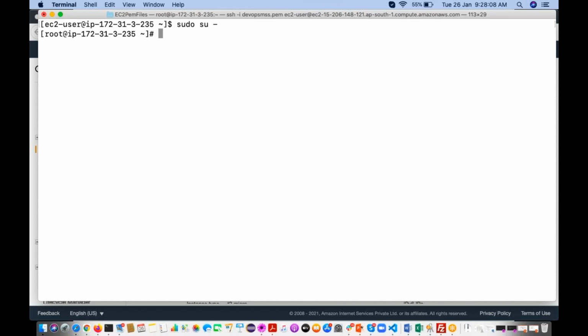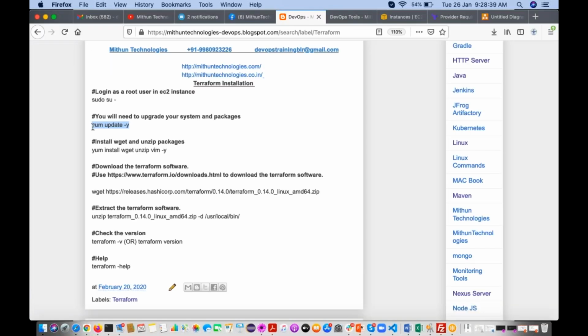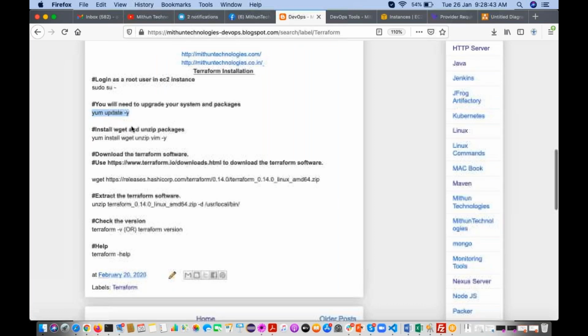Right. So here are the steps to install Terraform. If you want to install any software, first you have to update all the system packages. If you execute this, it will take 3 to 4 minutes, and I don't want to waste that time, so you people can execute this command when you are doing it.